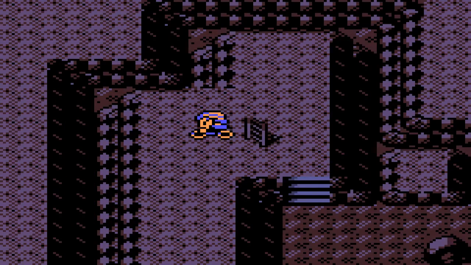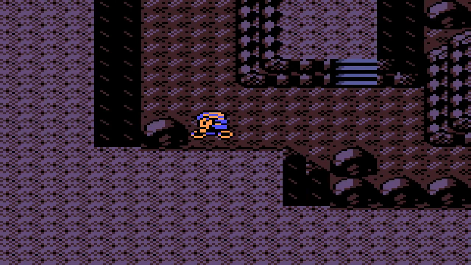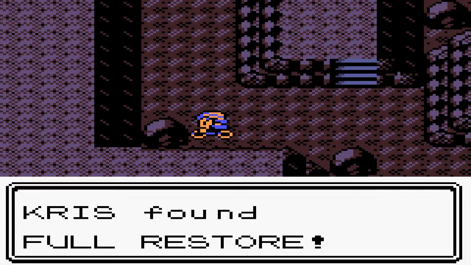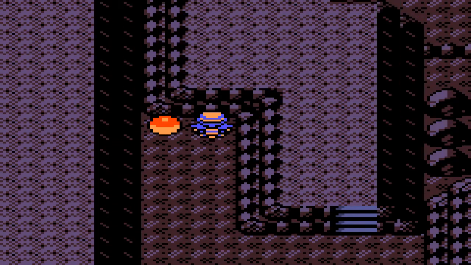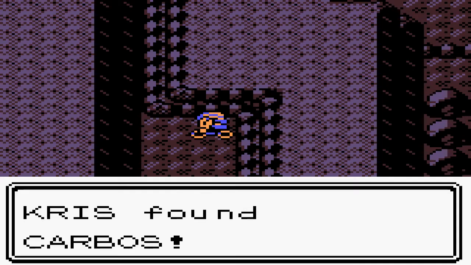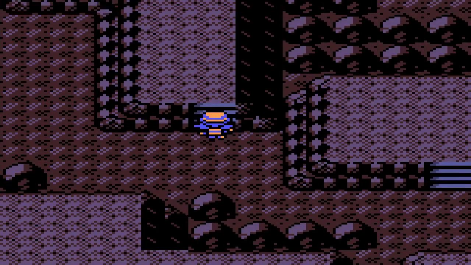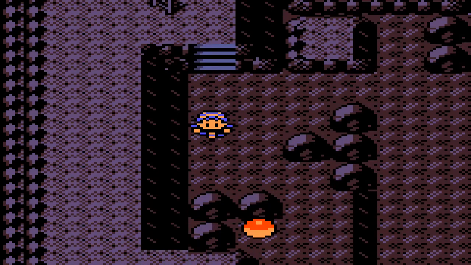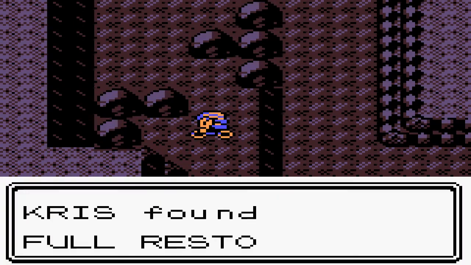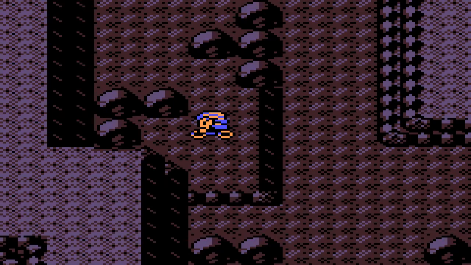There's a hidden item around here, but here's a standard item down here. Oh, but of course without running into a full restore. So there's one more hidden item in here in the Whirl Islands, but we can grab a Carbos right here. And here's yet another item over here. I'll go and grab that. It's a full restore. Another full restore. And the last hidden item would be...